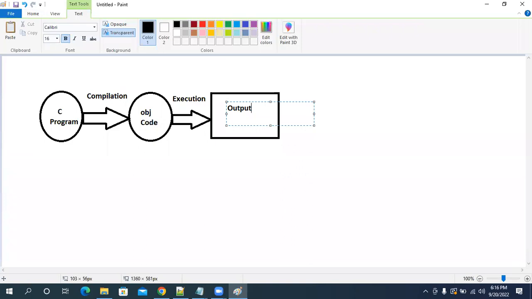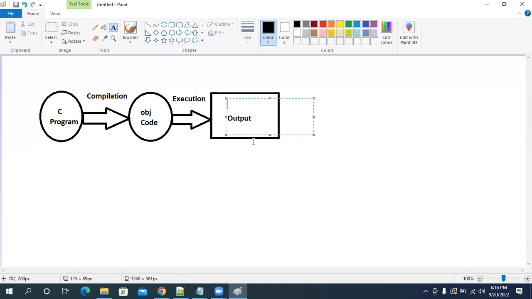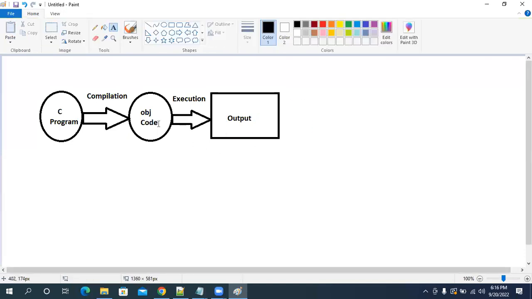In order to provide this output, the object code is converted into machine understandable format. For example, if you use the Windows operating system, the object code will be converted into Windows understandable format. If you execute it on a Linux machine, it will be converted into Linux format.